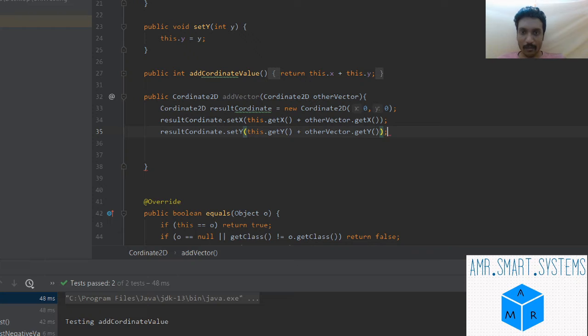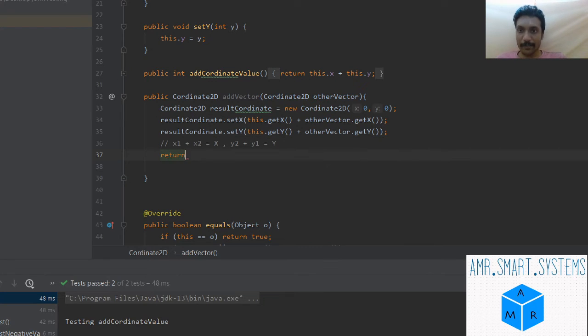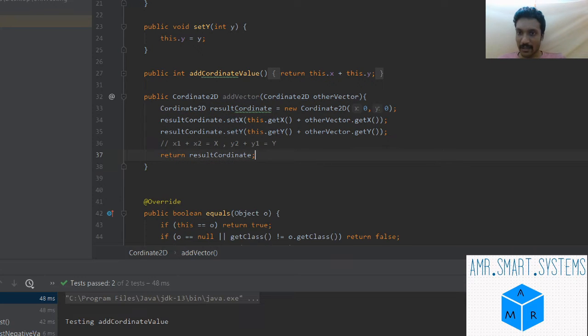So basically what we are doing here, in simple terms, is adding x1 and x2 to get the new resultant x, and y2 plus y1 to get the resultant y vector. We'll return the result coordinate object, and this function is ready.